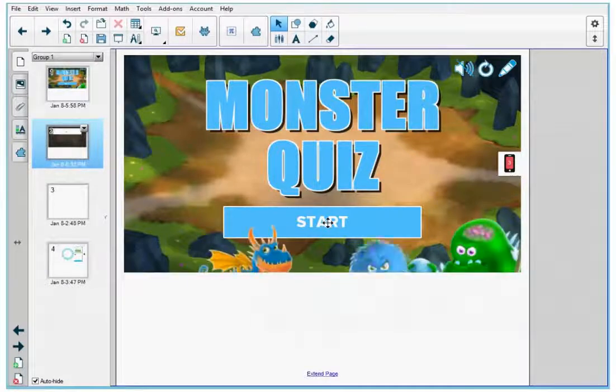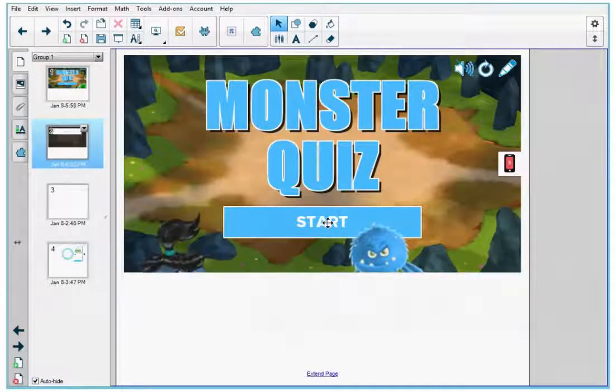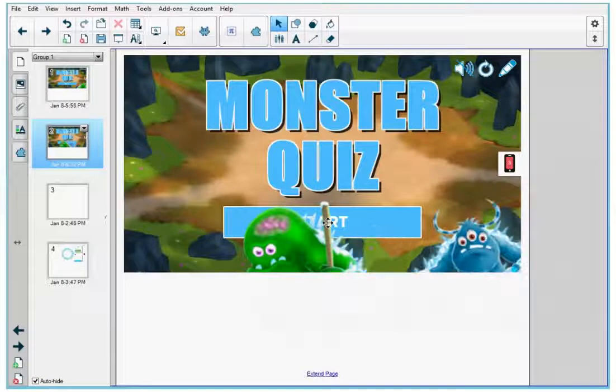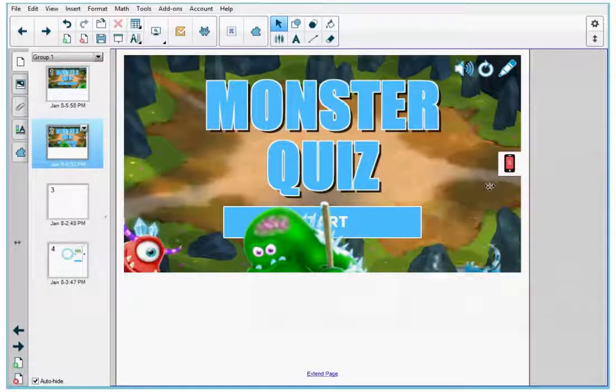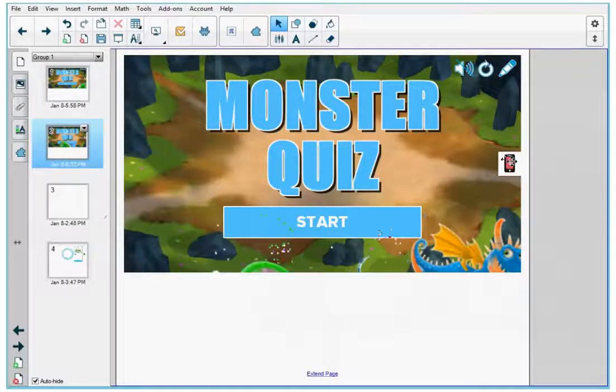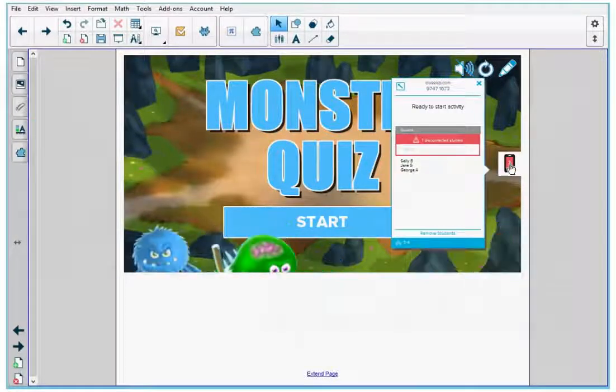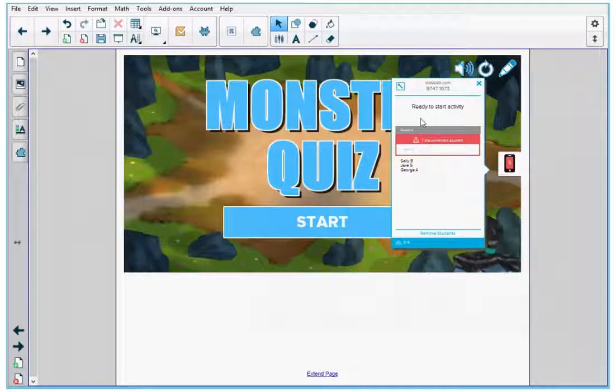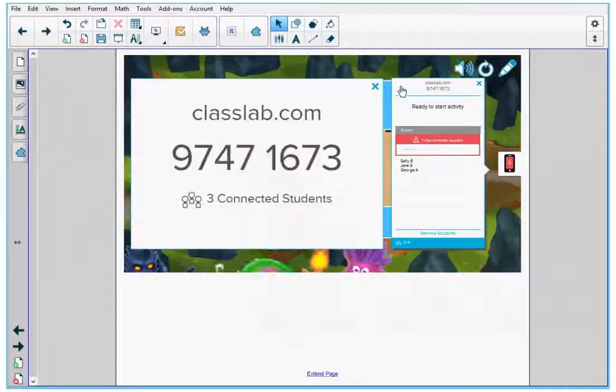Now before I start the monster quiz, I want to have my students join. So over on the right, there is an icon that I can press here, and it opens up my window, and I'm going to open this arrow up that's on the top left, and that's going to give the information to the students where they can log into classlab.com and log into the activity code here. So I'm going to close down this window,